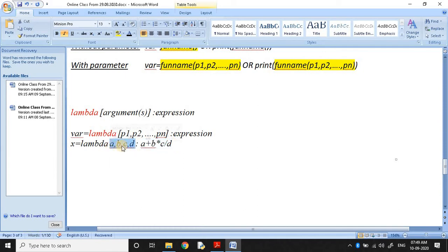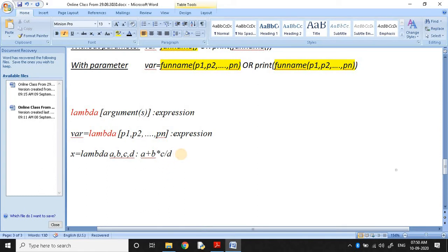So these are the arguments. How to call this lambda function? The lambda function is defined using the lambda keyword. Without a variable, it can just execute, but it must return a value. This is the exact, clear syntax for your reference, and this is the example definition.